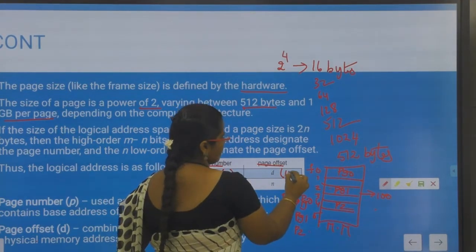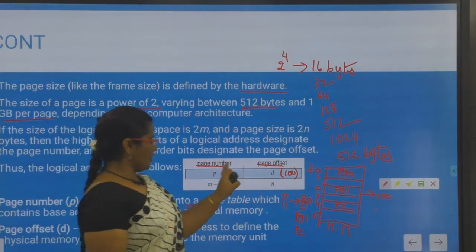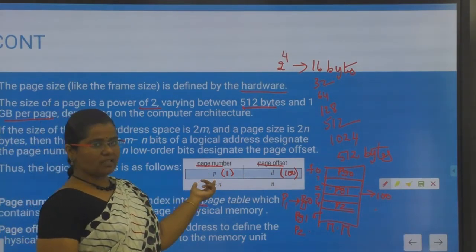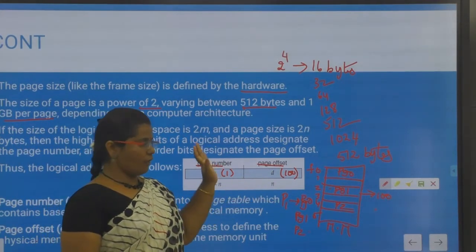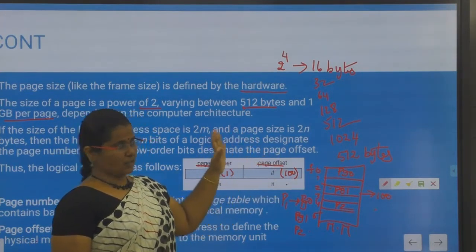So in this case it will be 100. So the logical address will be of 2 tuples: one is the page number, and then the offset, that is, which byte in that page you want to execute.